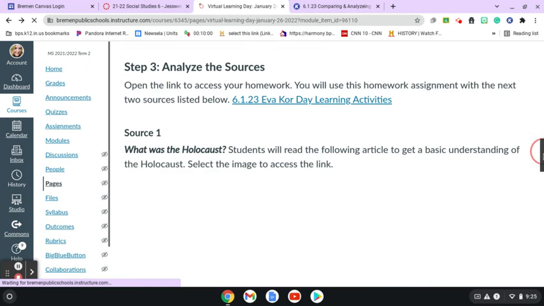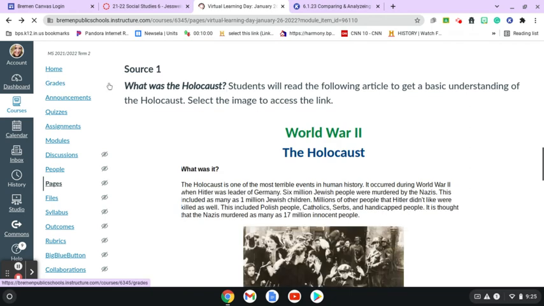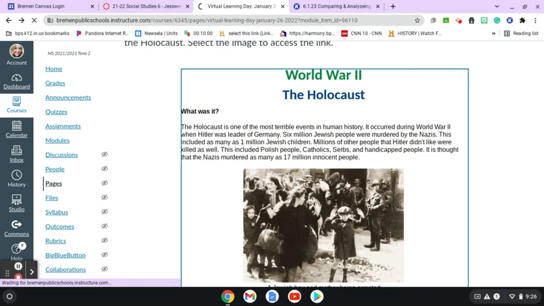So source number 1 is from Ducksters, and it's just a really quick article explaining what the Holocaust is. So it says, students will read the following article to get the basic understanding of the Holocaust. Select the image to access the link. So come on down here to the image and let's select it. And then it will take you to the Ducksters website.